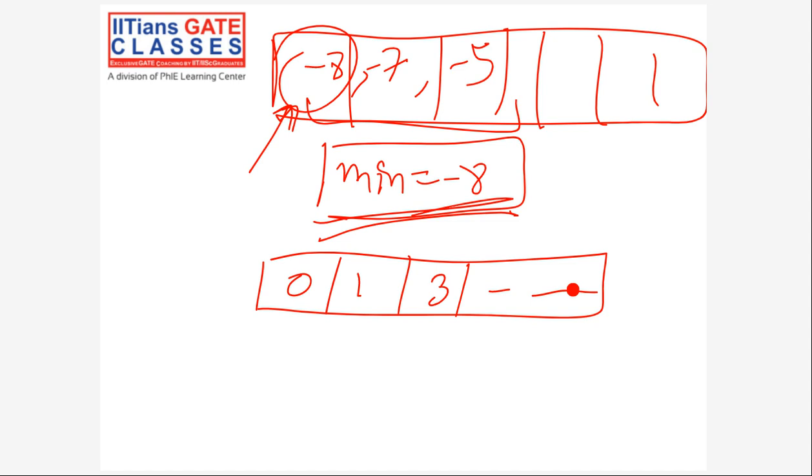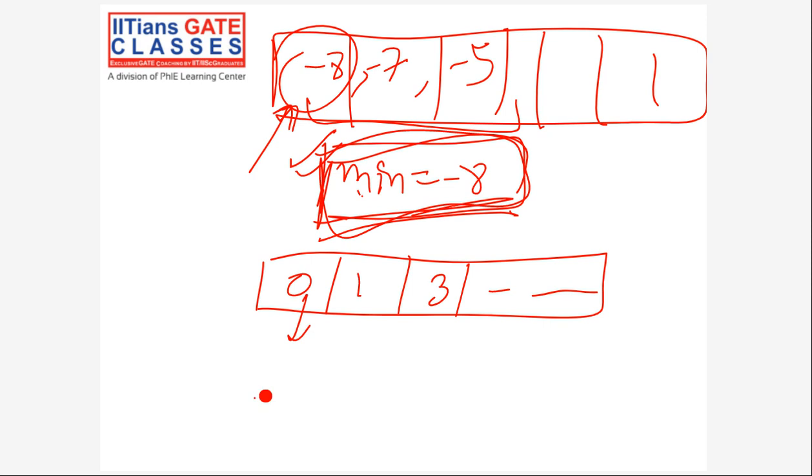Is this clear? I will calculate the minimum value. Once I calculate it, that much positive quantity I'll add to every element of the array. Then I'll apply counting sort, and later subtract that value from every element.